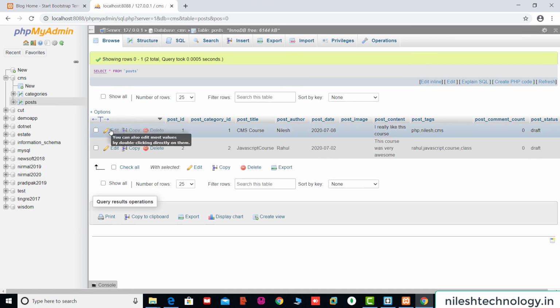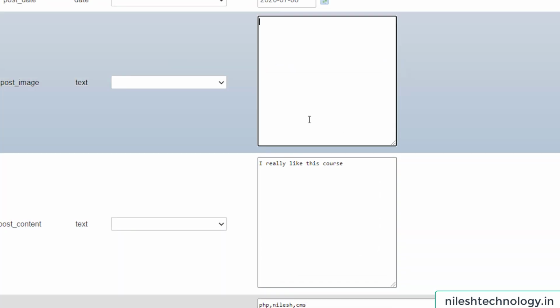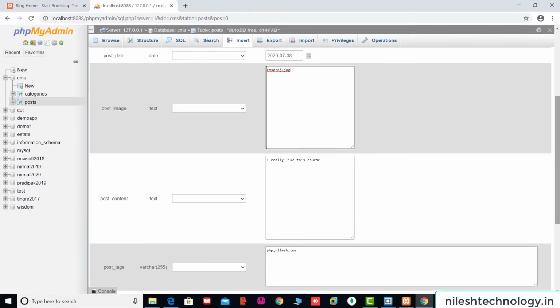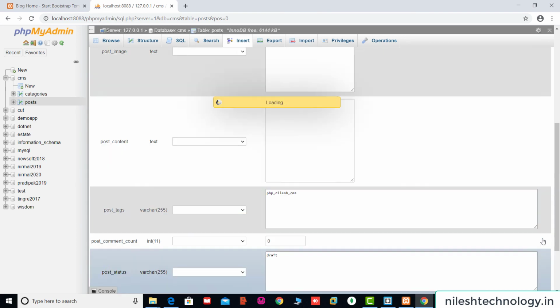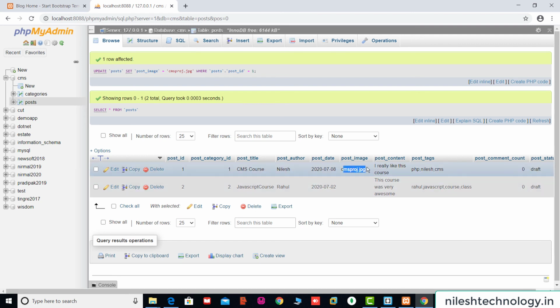Okay, so click on this first row, edit, going to this image. Okay, add the image name, so cms project.jpg. Okay, so go, so save here. This is the PHP image, cms project.jpg.